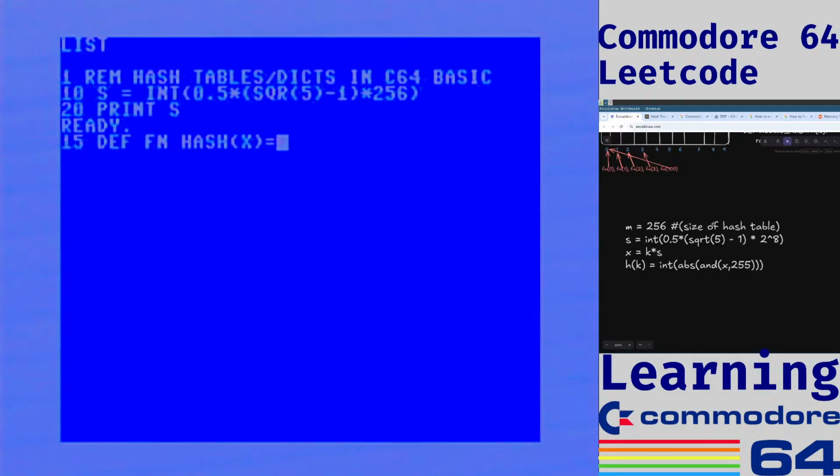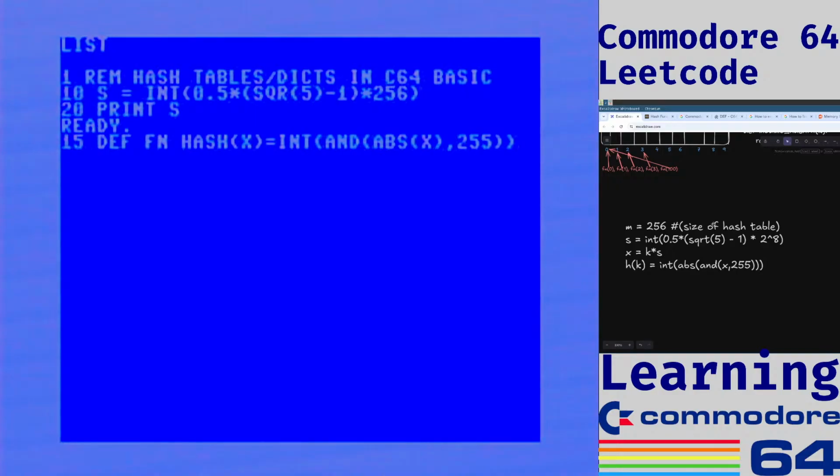The integer of, we want to AND x, or we want to AND the absolute value of x and 255, 1, 2,